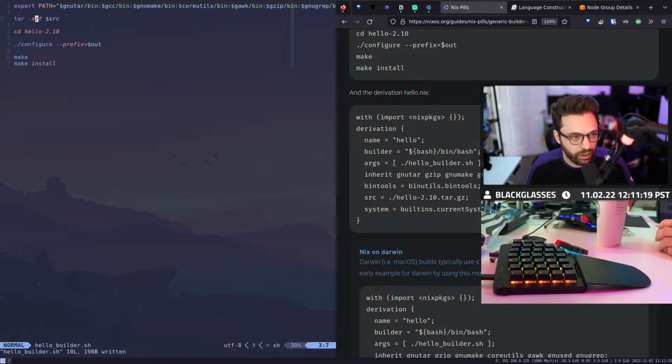In this case, this builder expects a compressed tar file of some sort, opens that directory, configures it, and so forth. So the flexibility in this regard is entirely up to you, but it is powered by very, very well-defined configuration.